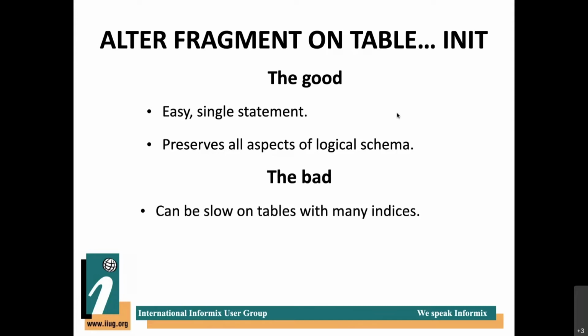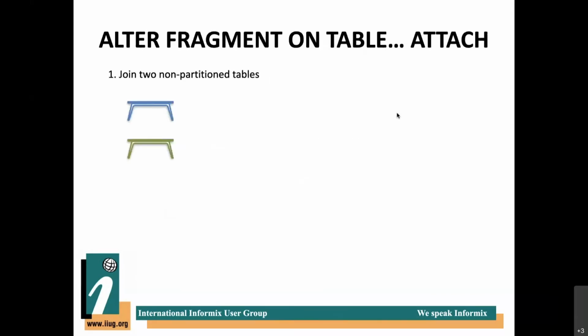So if you've got a lot of indexes on a table, the engine is doing more work than you might think. And it is perhaps the one where you're most likely to get a long transaction. It is just one long transaction from the start to the finish, and there is that temptation to hit Control-C. So, alter fragment on table init is the easiest, but perhaps not the best way of doing something. Okay,